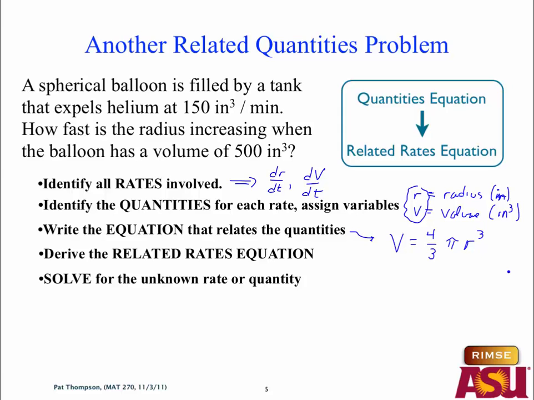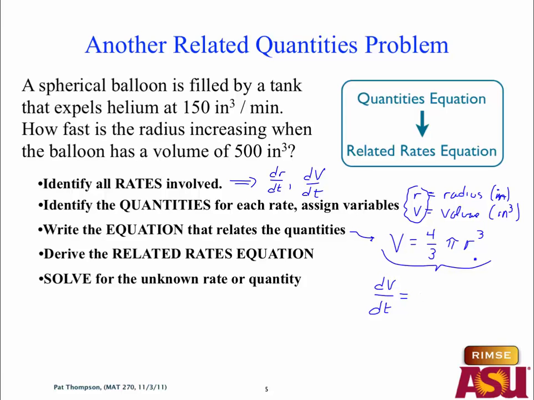We're after the equation that brings together dV/dt and dr/dt. How do we get it? Implicit derivative, right? Derivative of every term with respect to time. So, derivative of V is